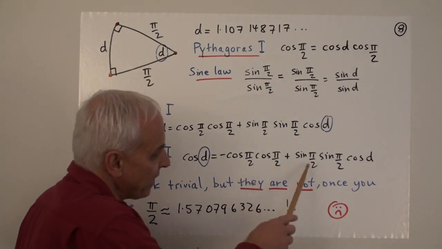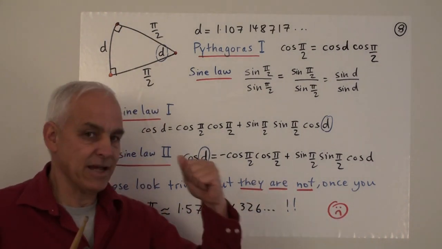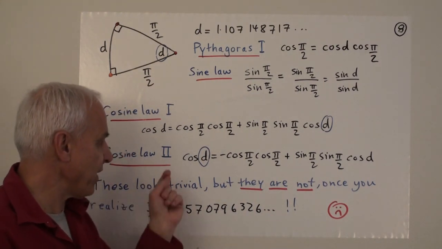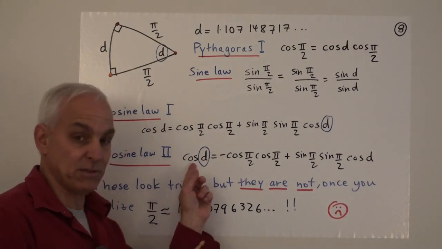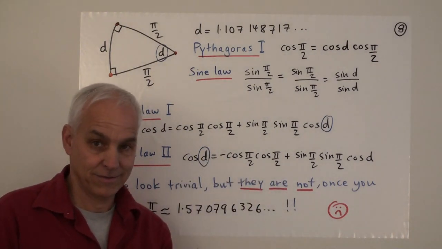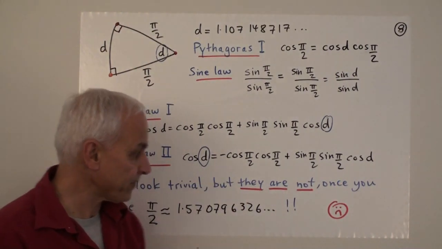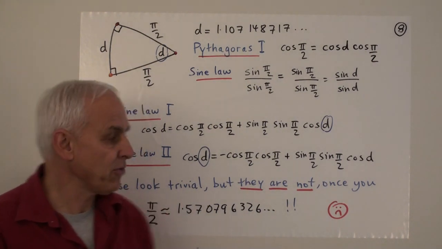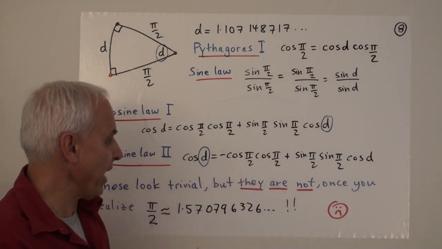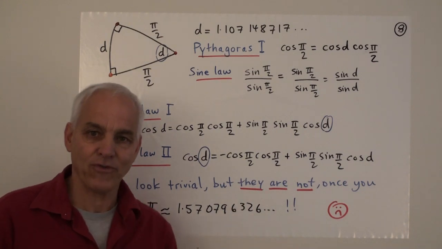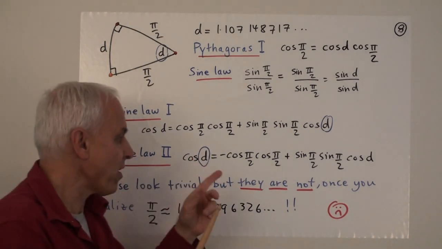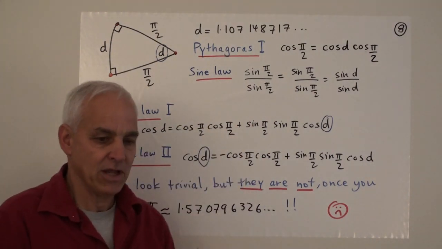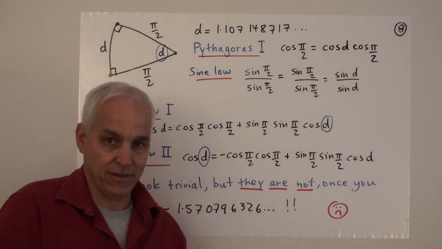In fact, if you actually did this to many, many decimal places and worked things out very carefully, you could easily find that at the 100th decimal place there's a difference between the left-hand side and the right-hand side. It's much more subtle than it appears. Of course, what we generally do at the undergraduate level is restrict ourselves to relatively simple angles like pi over 2, pi over 3, and pi over 4, and so on, for which we can just invoke values. We know what the cosine of pi by 2 is and we know what the cosine of pi by 3 is. We don't actually have to calculate them.